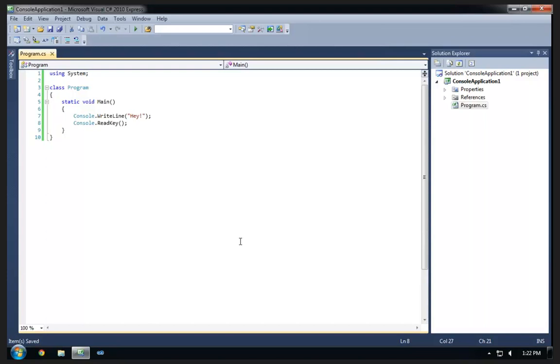But the code that gets compiled out here inside of C# is not code that our processor can understand. Instead, we need a runtime, an execution environment that is capable of taking this intermediate code, IL code, and basically compile it to the final state, machine language, for the CPU to understand. But we spent a little bit of time talking about that, which brought us into a little discussion about